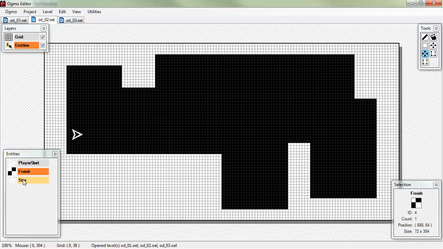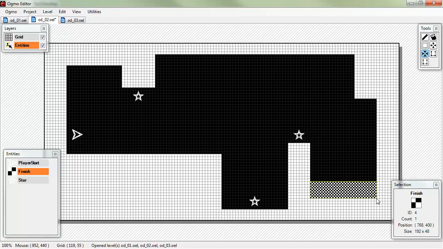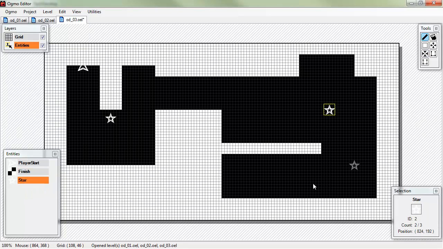So level 2, again, we'll place our stars, put them down in that valley up there. And then this forces the player to spin around, and they have to learn how to turn. We'll resize the finish line to be that big. We'll save it out. And for our level 3, we'll set a star up there, star right there, and a